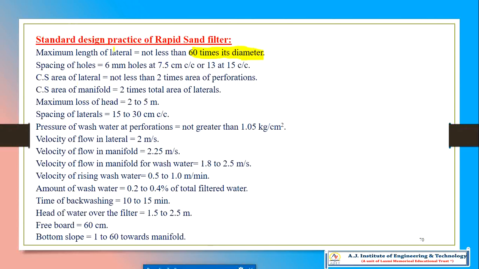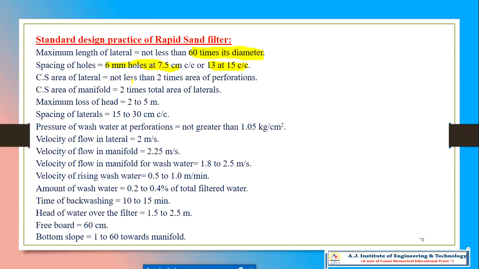Regarding the spacing of the holes in the lateral, the holes should be 7.5 cm center to center, up to a maximum of 15 cm center to center. If the holes are 6 mm, then 7.5 cm; if 13 mm, then 15 centimeters center to center.